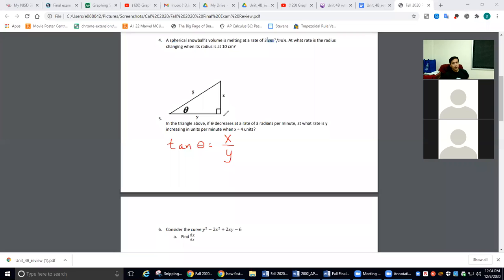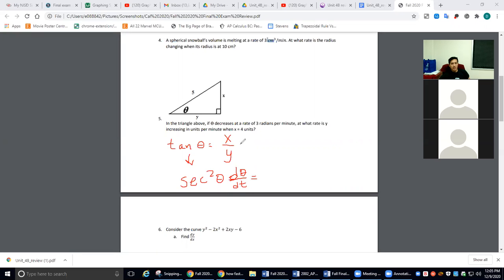Now, what are we doing? We're doing applications of derivatives. So that means I must take a derivative of this equation. So we all know the derivative of tangent is going to be secant squared theta equal to, now one thing I forgot to write, it says that theta is decreasing at a rate of 3 radians per minute. So you know what I need to write after that? d theta dt